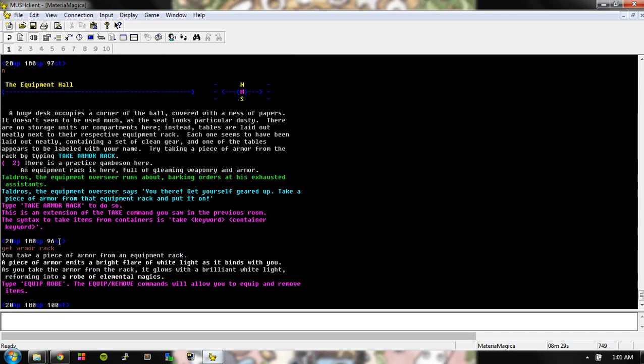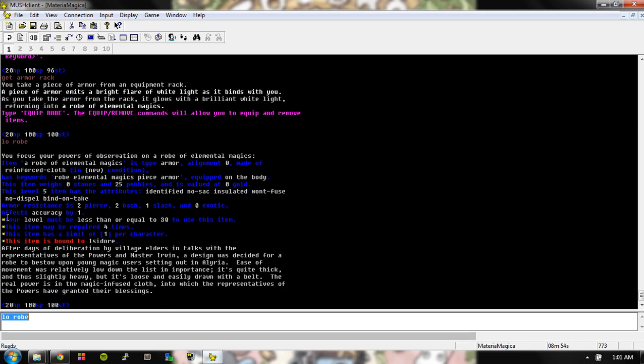So it's basically a rack, which is a container, and the armor is inside of it. So I'm going to get the armor out of the rack. It gives you a special piece of armor depending on what job or class you pick. You'll get either a magical item like a robe if you're a spellcaster, and if you're a fighter you get something else, I don't know. So you can look at the robe and we'll see that it has some armor resistance, and it also gives me +1 accuracy. So I'm going to wear the robe,